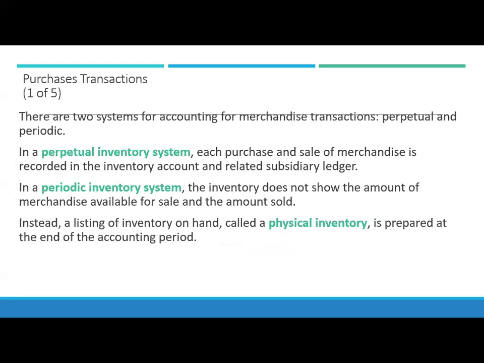Periodic system. And in the perpetual system, each purchase is logged and each sale. When inventory is purchased, when inventory is sold, there's a journal entry at the time. It's all recorded at the time of the sale. The periodic inventory system does not show